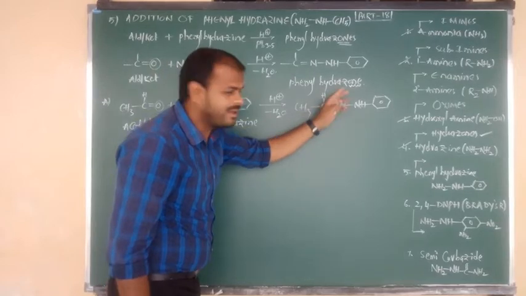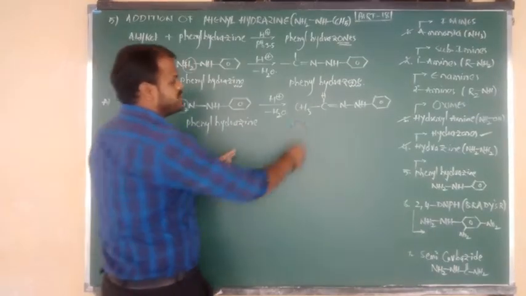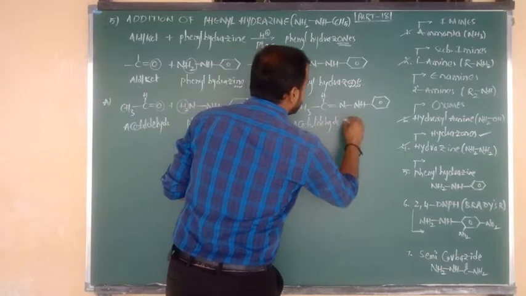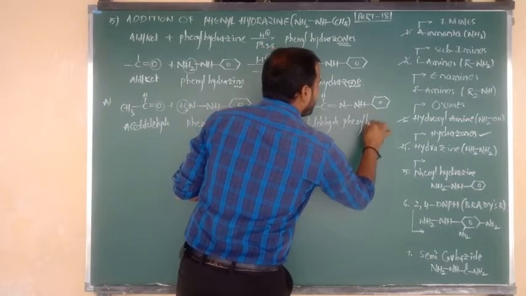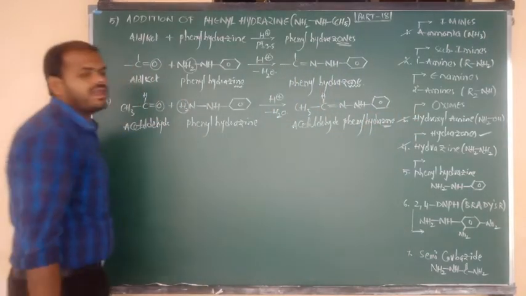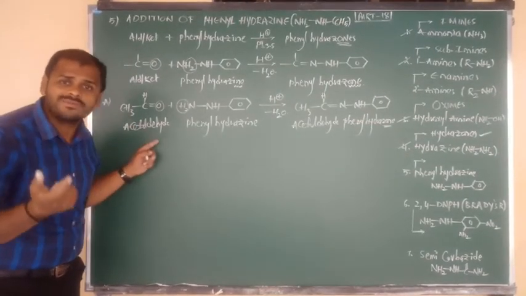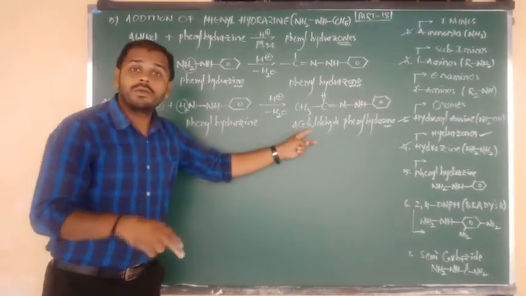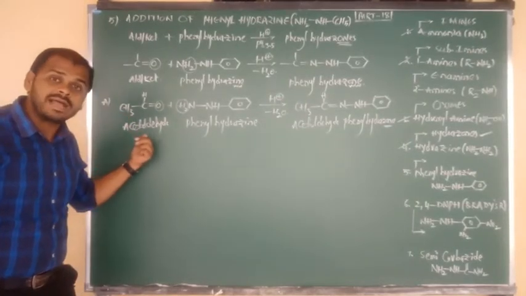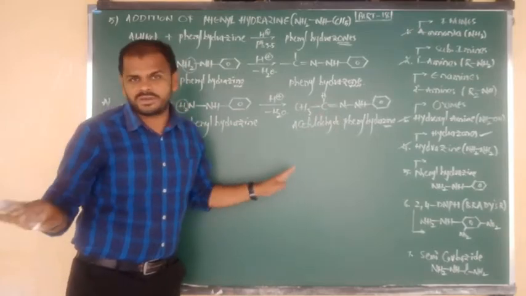But listen carefully, such phenyl hydrazone forming from which compound? Acetaldehyde. So we have to say acetaldehyde phenyl hydrazone. What is the name of this product, beta? Acetaldehyde phenyl hydrazone. Similarly, in the place of CH3 you can write hydrogen, means formaldehyde, that forms the product formaldehyde phenyl hydrazone. In the place of CH3 you can write benzene, means that becomes benzaldehyde, and the product is benzaldehyde phenyl hydrazone. Like that all the examples you can consider, beta.